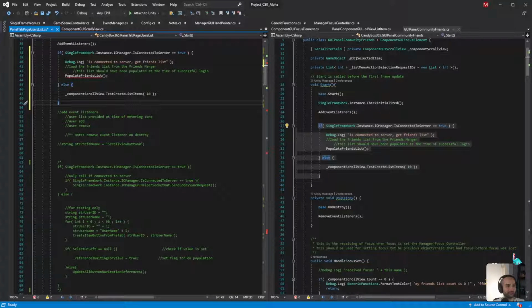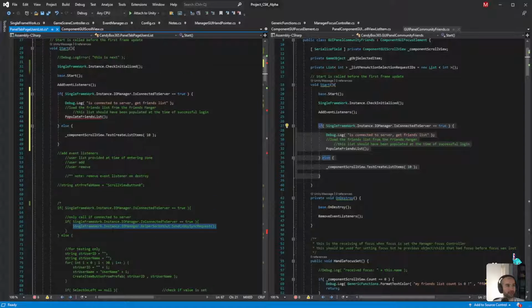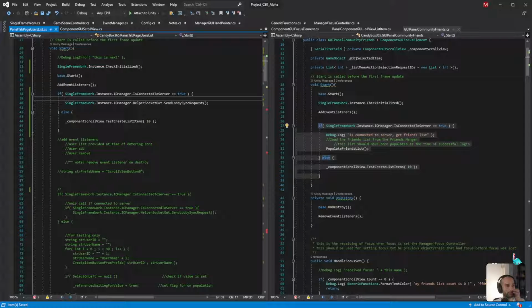Instead of that, though, it'll be, I do this check twice. I don't understand. I think that's a mistake. So if is connected to server, we will request, this should not be here.